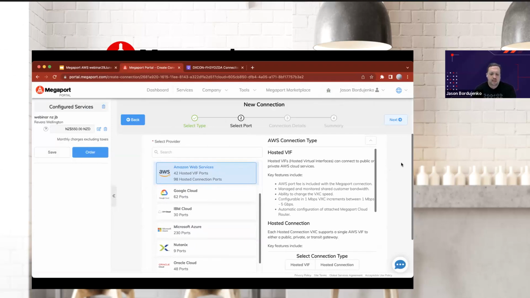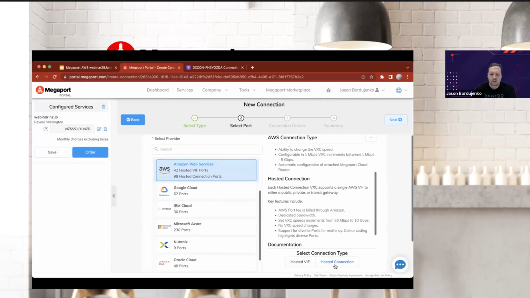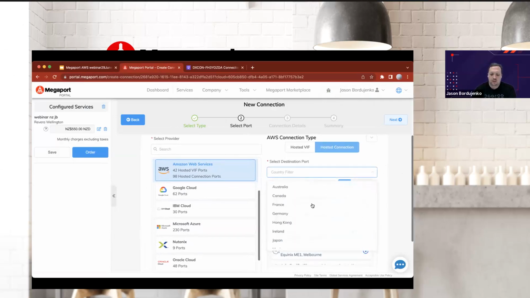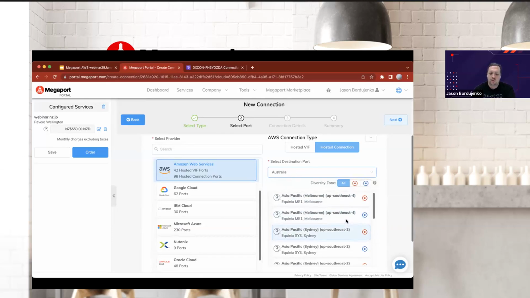By clicking on that plus connection and looking at the AWS tab, we can see that we're given the choice of connecting hosted VIF or hosted connection. As mentioned, if I select hosted connection, I'm going to be able to focus on and target New Zealand. I've already got those connections live in this case. So we can see that there's a red zone at Datacom and a blue zone at Datacom in Auckland. So it is possible to connect from this port all the way through to those sites across the Megaport backbone. So that's north to south of the North Island, or it's also possible to connect all the way to the